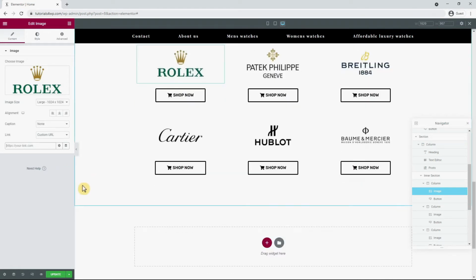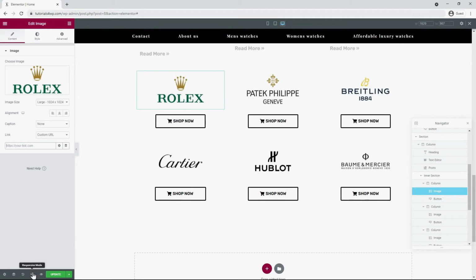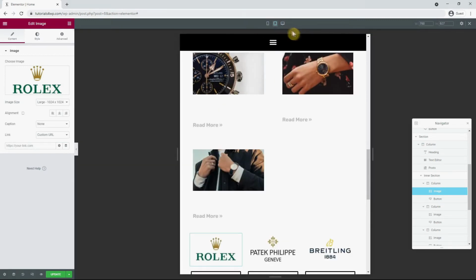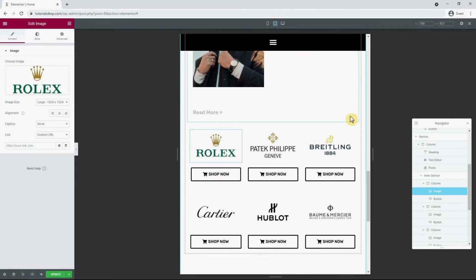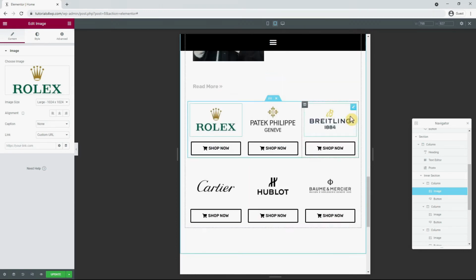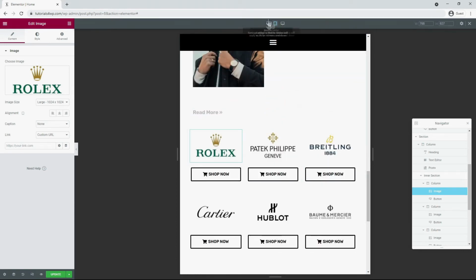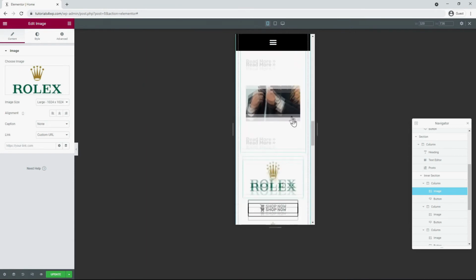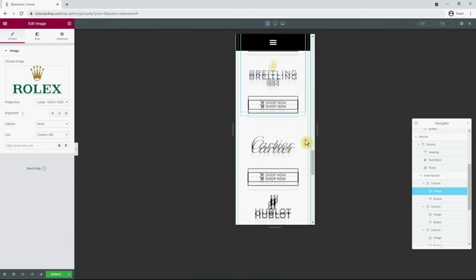So now let's have a look at this section on the tablet and the mobile view as well. So therefore you can activate the responsive mode if you haven't done it already by clicking the icon at the bottom with the two screens. And after that's done, the gray bar will appear with the three icons for the desktop, tablet and mobile view. Now I click on the tablet view, and over here everything looks fine, so we don't have to change anything here. And now we switch over to the mobile view, and the only thing I want to adjust here is